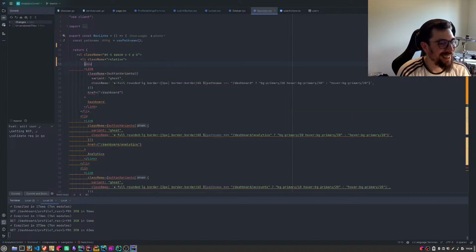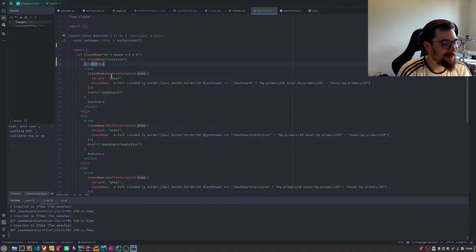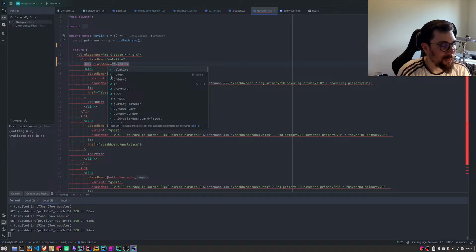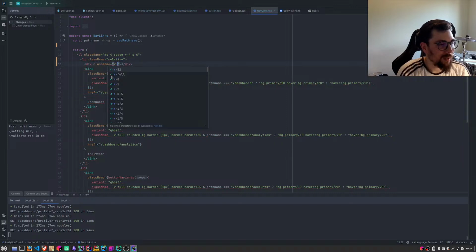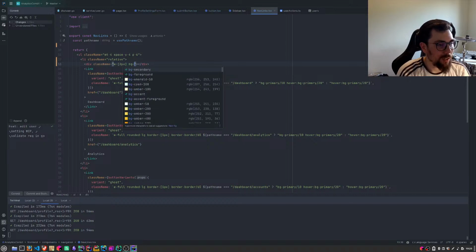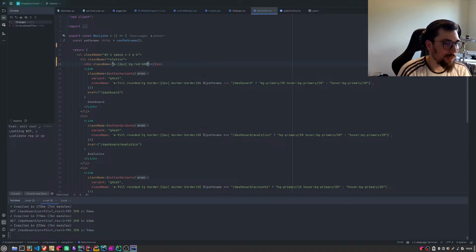Okay. What do we do here? Let's do width like 2 pixels and BG red just to test this out, and position it absolute left 0.